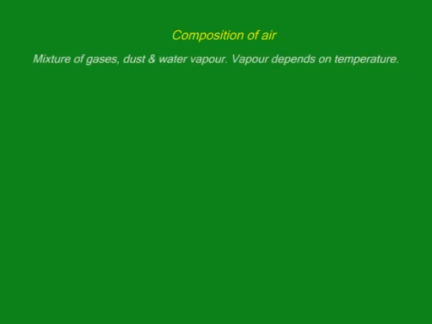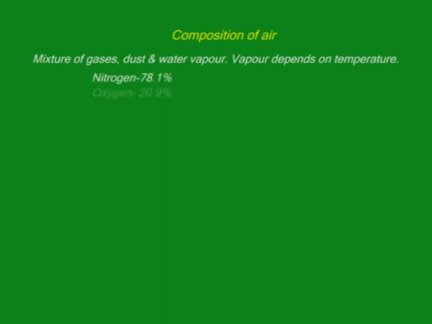Air and combustion, and we start with composition of air. The air is a mixture of gases, dust, and water vapor. The amount of vapor varies depending on temperature. The gases in the atmosphere include nitrogen constituting